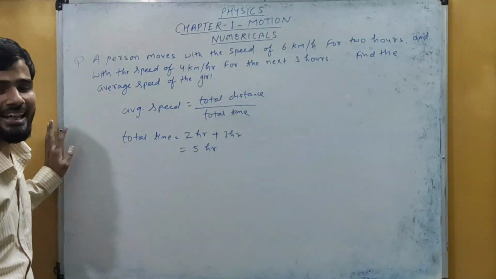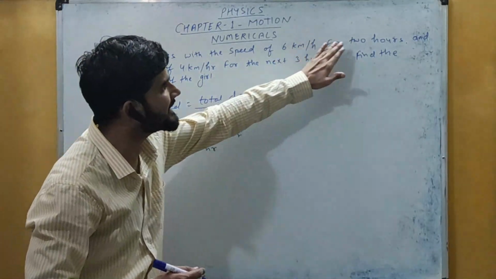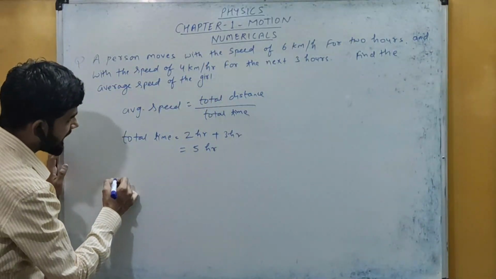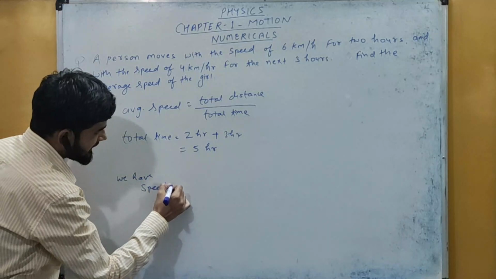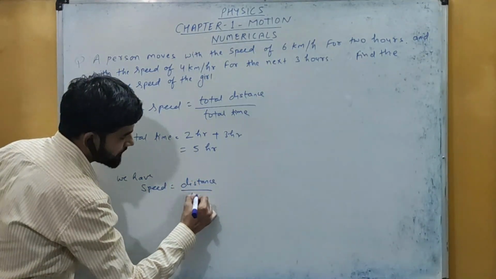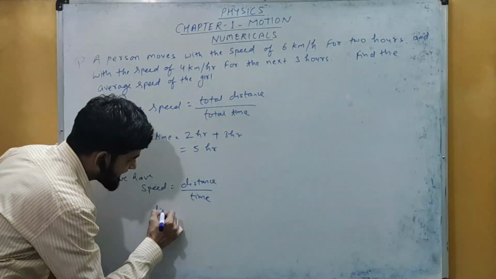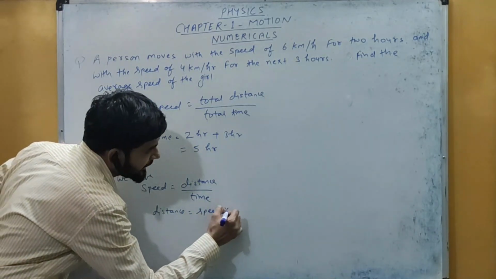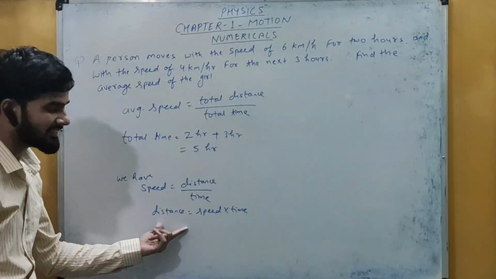Now we have to find the distance. So how we can find the total distance? We can use this speed and the time. Okay, now here we will use that. We have formula speed is equals to distance upon time. यहाँ पर क्या निकालना है हमें? We have to find the distance. So I can write this distance is equals to speed into time. अगर हम speed को time से multiply कर देंगे, we will get the distance.